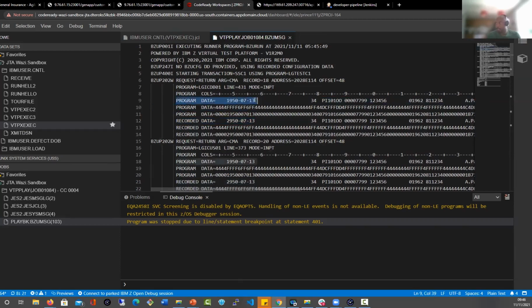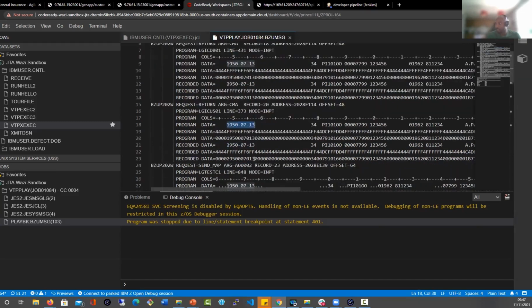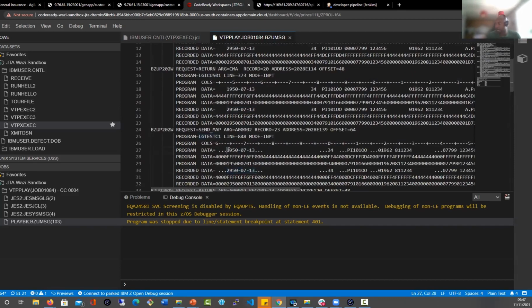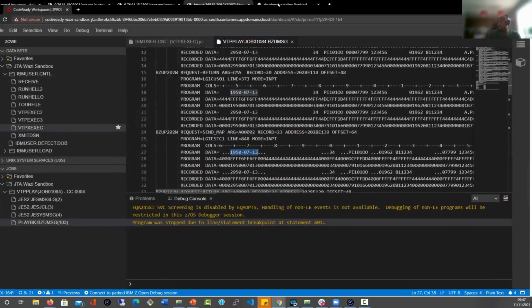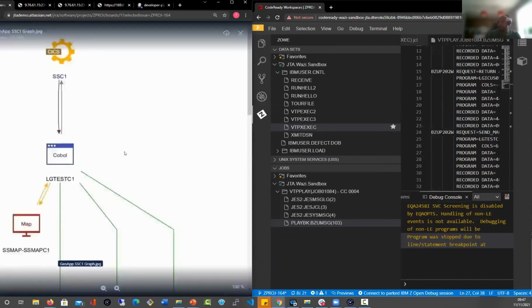Now, after your code change, we notice that it's 19500713. That is affected by the program that goes back up to the screen, which is LGIC US01, right? The COM area again was recorded with 295007, but the program now has 1950, and it goes all the way up to the send map to LG test C1, where we recorded 2950, but now the map has been sent back with 1950. So that coincides with, just to really illustrate the point, that coincides with the transactional call